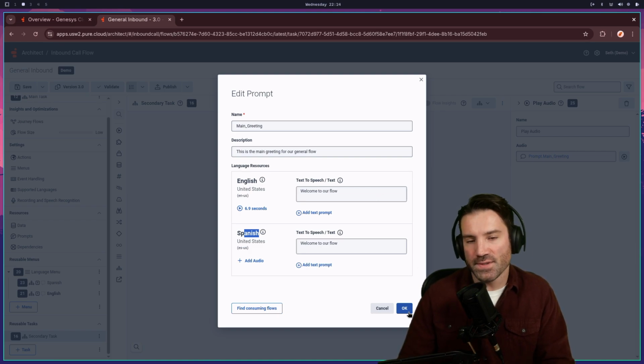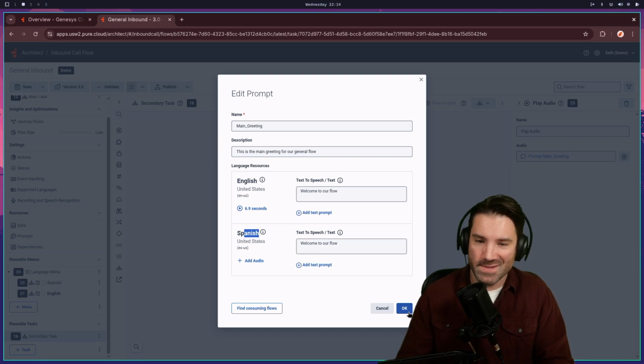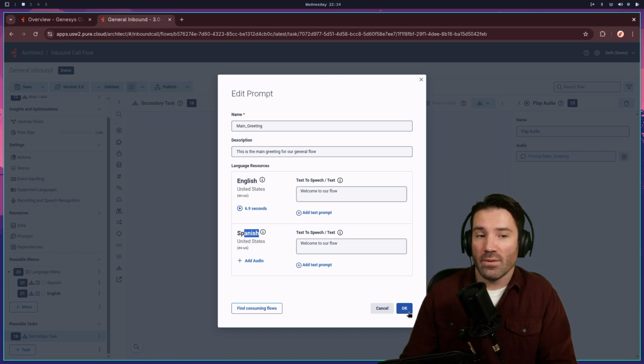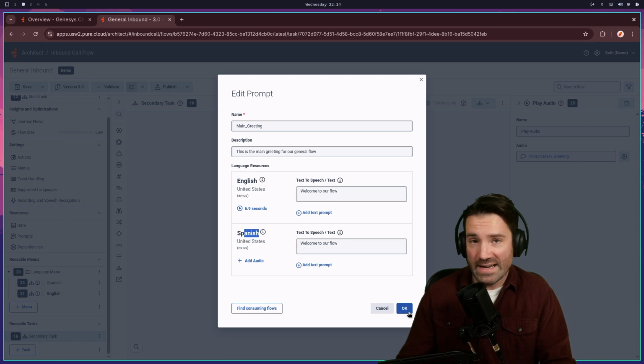There are annoyances to what I mentioned earlier, where once you have a flow support a particular language, you've got to provide at least some form of text-to-speech for everything, whether the flow will use that language within that area of the flow itself or not. That can be super annoying. But getting over that, I would say overall it's much nicer to have everything managed